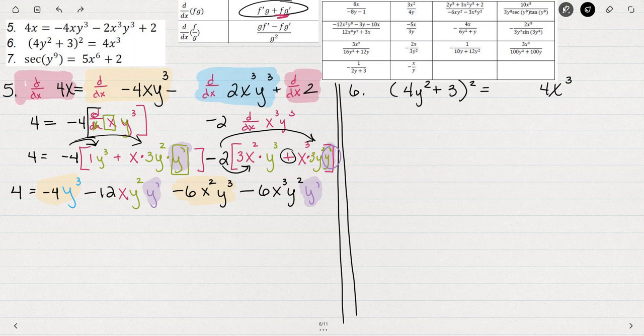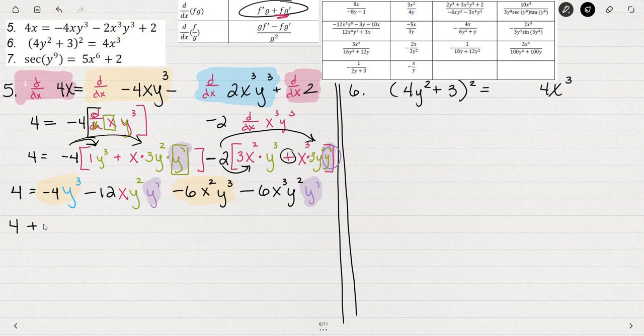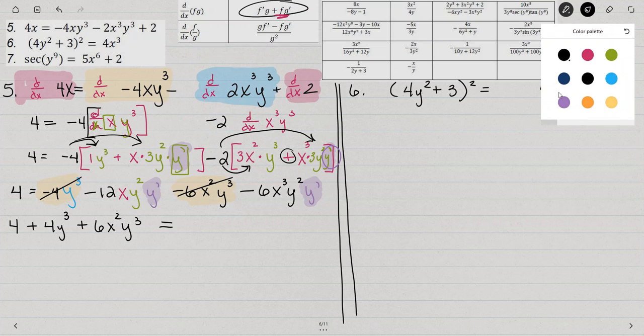We'd have 4 plus 4y cubed plus 6x squared y cubed, because when I add that to both sides, or subtract the negative from both sides, when it moves over to the other side, remember it changes signs to positive, equals,